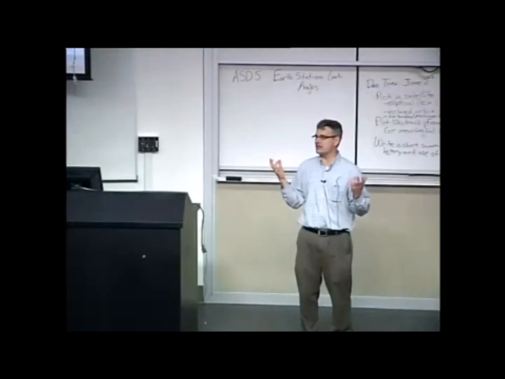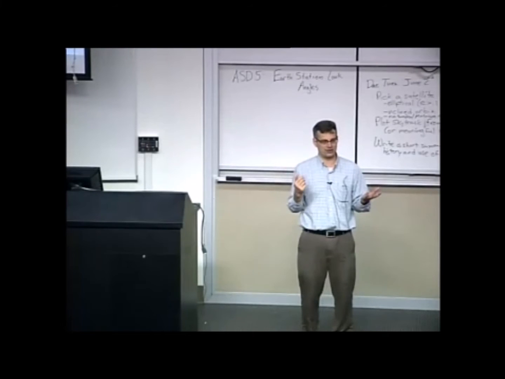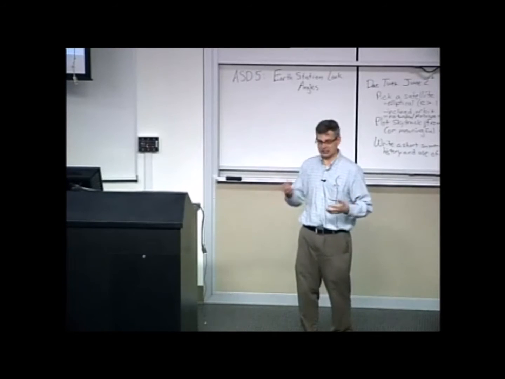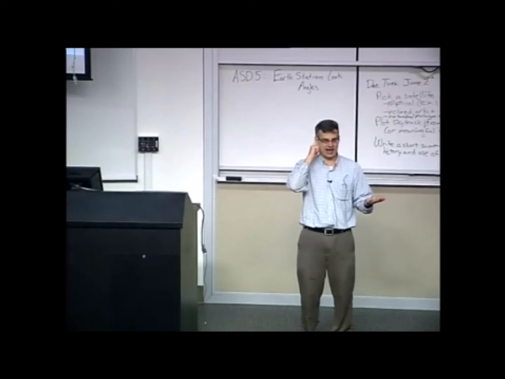And that is, if I am an observer on Earth and I want to communicate with a satellite, where do I point the antenna? At what time of day and at what point is the satellite in an orbit, and how do I actually point an antenna to it to actually get the signal? Many of these space links, as we've seen in the early parts of this class,